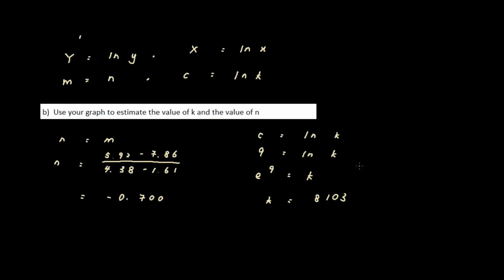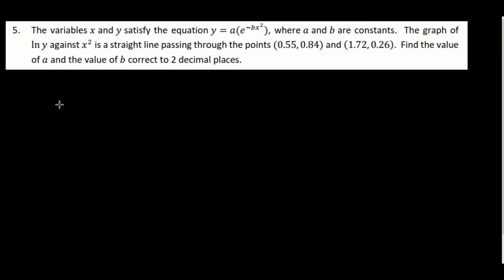Okay, so let's look at the very last question. Number 5, the variables x and y satisfy the given equation. A and b are constants. The graph of natural log of y against x squared is a straight line passing through the points given here. You need to find the value of a and b correct to two decimal places. So in this question, they give us the equation y equals